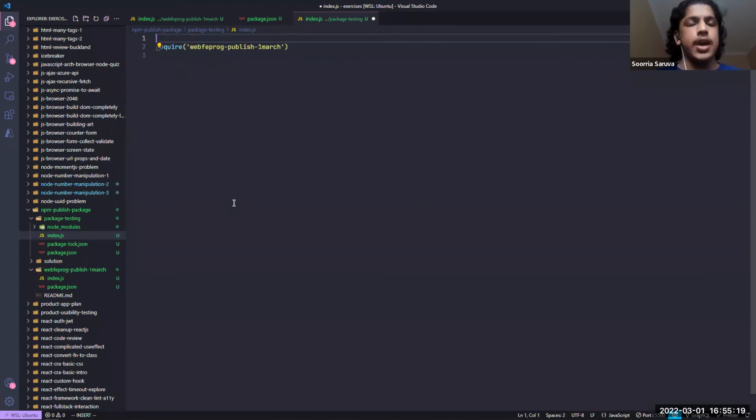I guess if not, that's okay. The way it looks is we use the import keyword, and then if we import a specific package from,